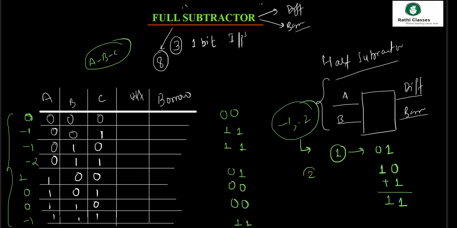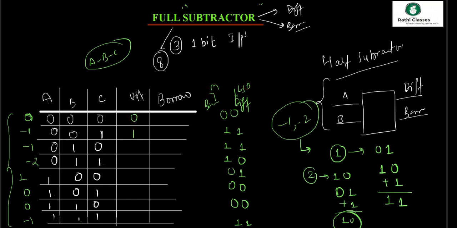And what about minus 2? First, 2 in binary is 1 0. So 1's complement is 0 1, and adding 1 again, that is nothing but 1 0. So minus 2 is again 1 0. As discussed earlier, the LSB is difference and the MSB is borrow. So I will write the output: it will be something like this, 1 0 0 1 for difference. What about borrow then? Borrow is 0 1 1 0 0 0 1.